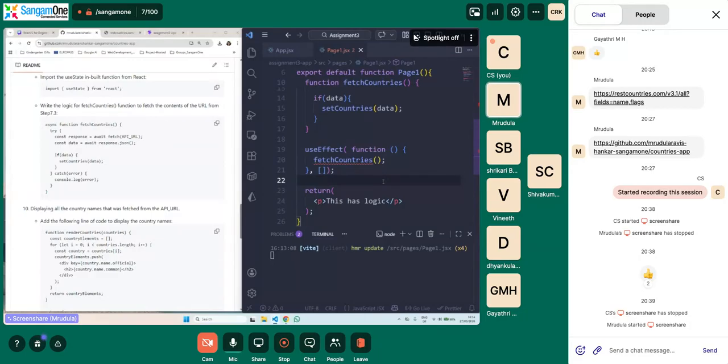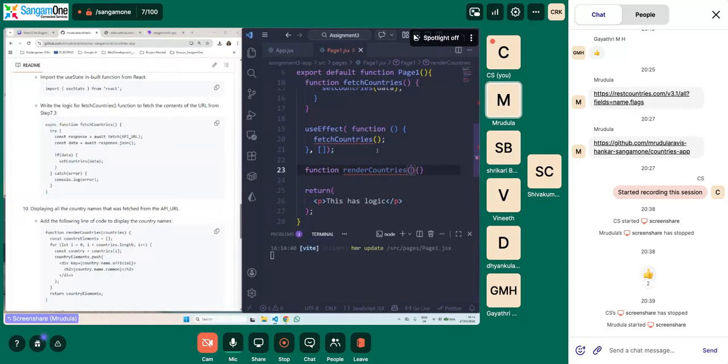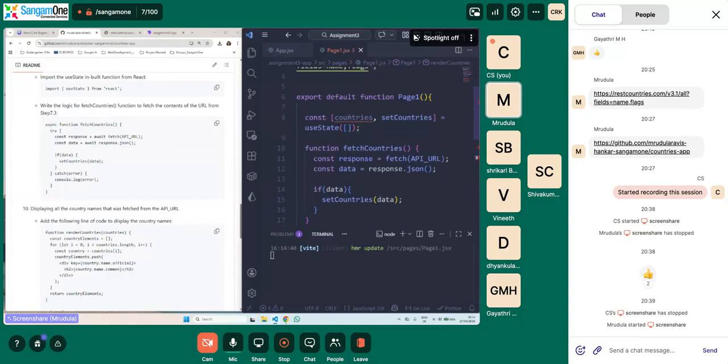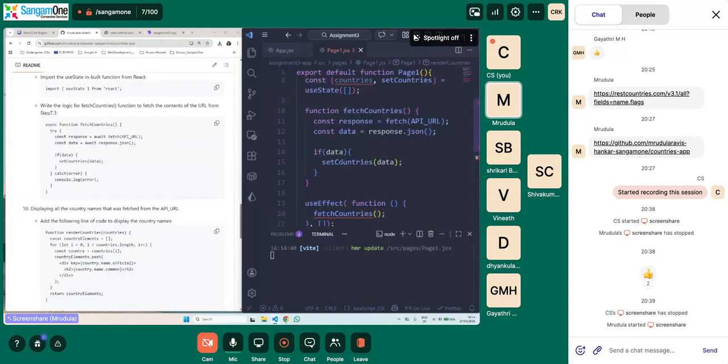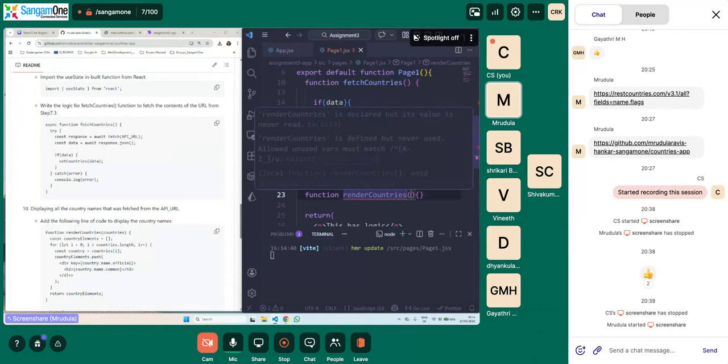So now what we do is we create another function called renderCountries, and the parameter for this will be the variable countries. So we are going to set the countries, and then we are going to make use of the variable countries and send it as the parameter.